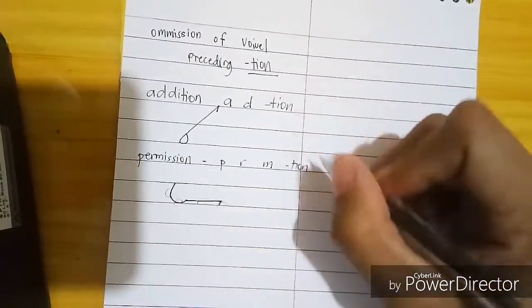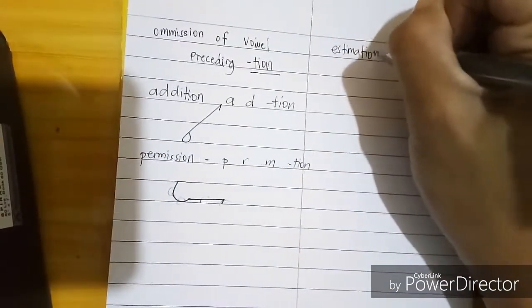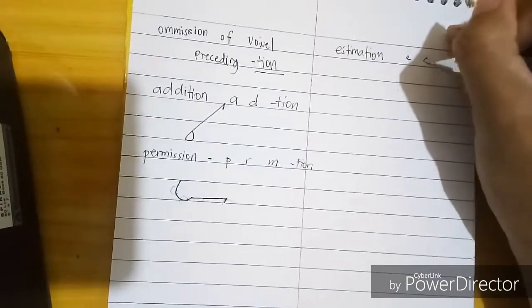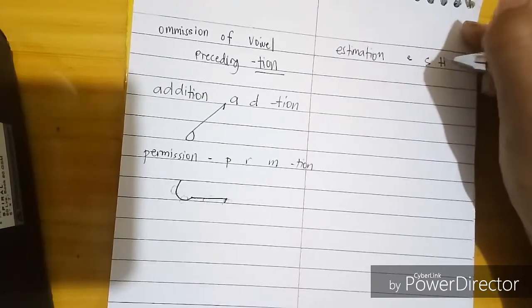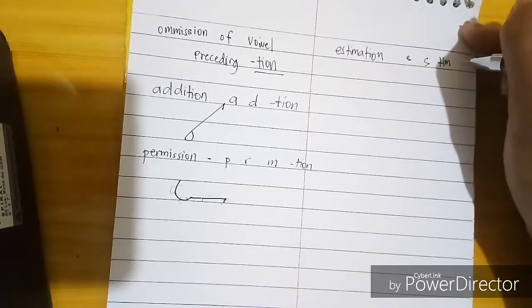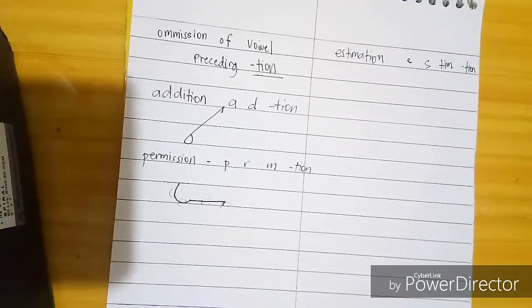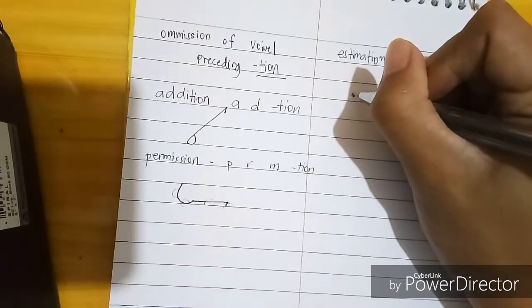Another example is the word estimation. It is represented by E, S, team, and the word Sean. And it will be written as